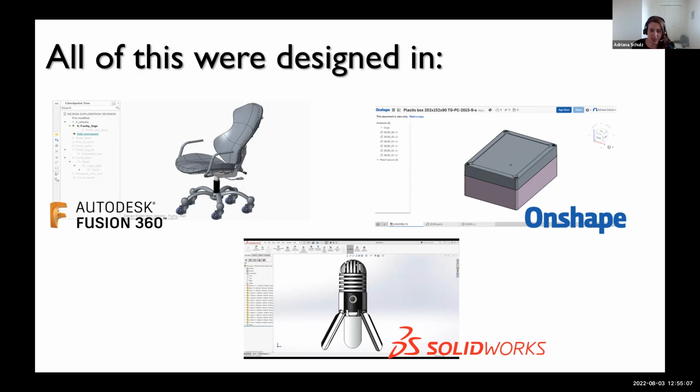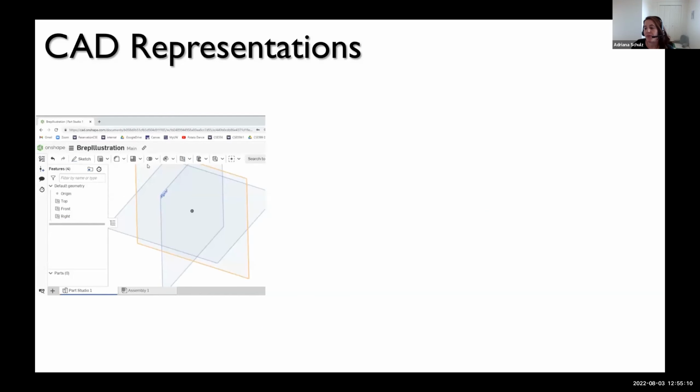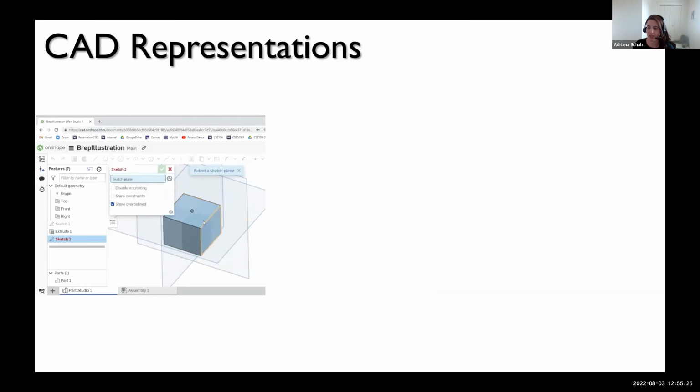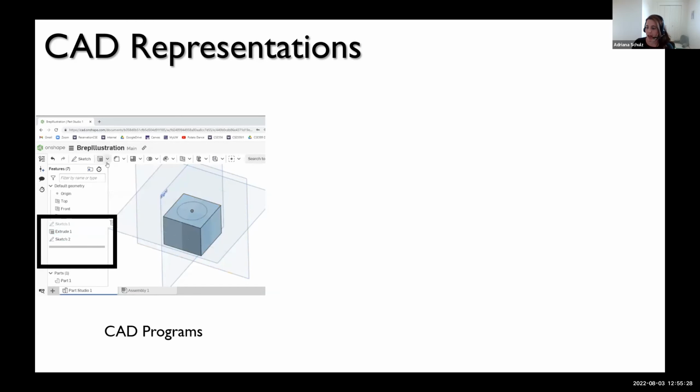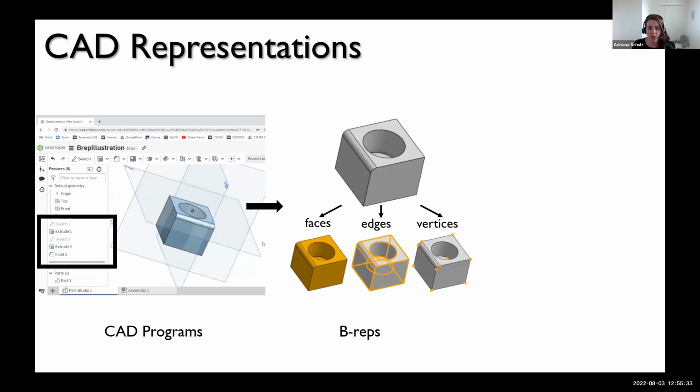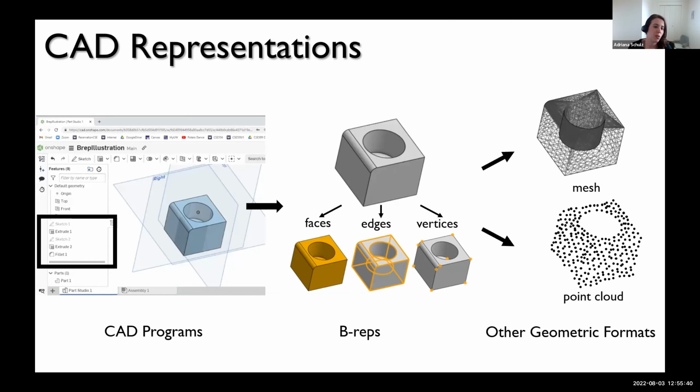So what are these CAD representations? Of course, if you're here, you know this really well, but there are multiple ways to think about CAD in terms of their representations. You can think about CAD as this program that constructs the geometry bottom up. So it's a sequence of instructions, all of which are parametrized. So you have these parametrized programs. You can also represent the CAD geometry in terms of their boundary representations, right? So these CAD BREPs, where you have faces, edges, and vertices, and this connectivity graph. And you could even export this into other geometric formats, such as meshes or point clouds.